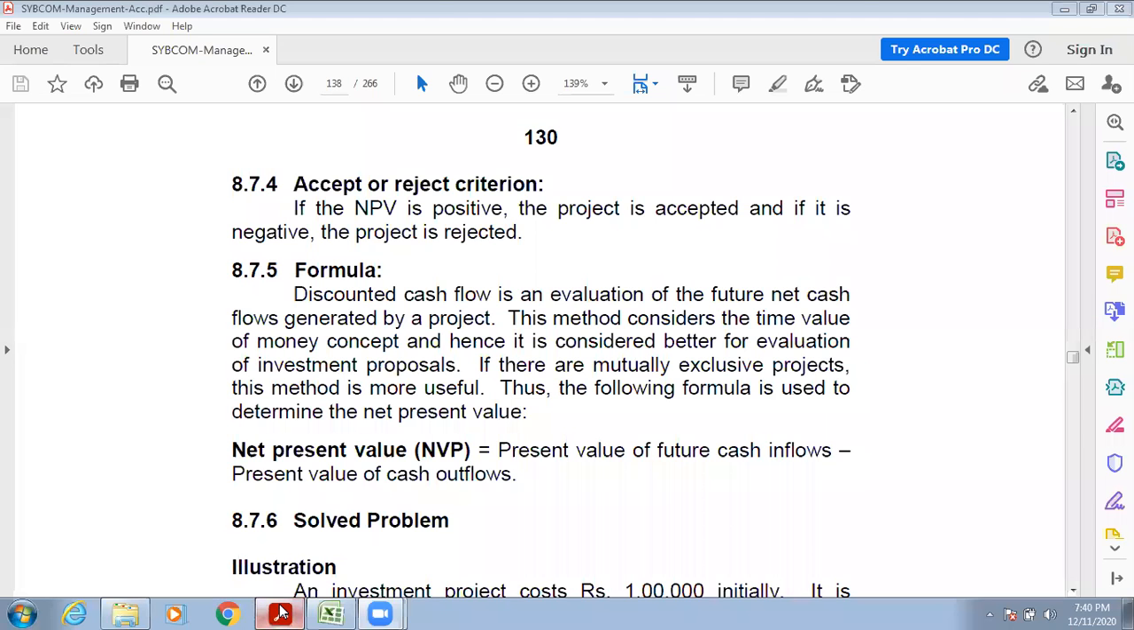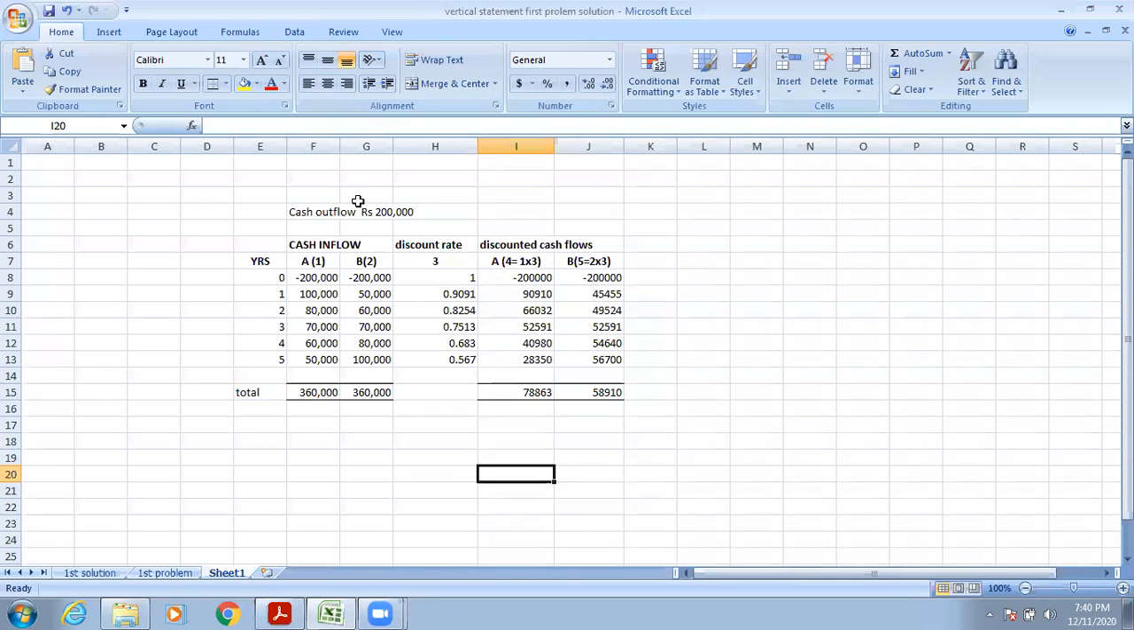In this example, we have to compare the net present value, right? Because there are two projects. Both are the positive one. Positive figure, right? So both are the positive one. Then we have to compare which project to choose. The higher NPV project should be